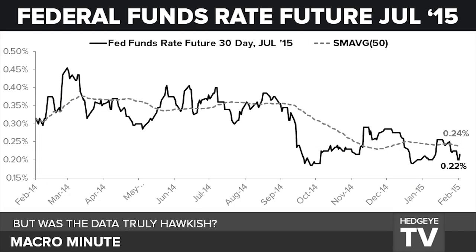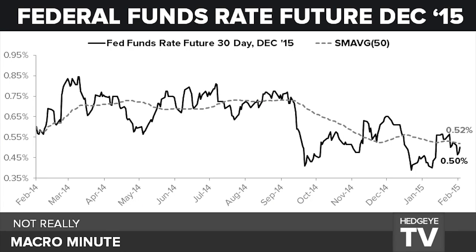If you look at the Fed funds rate curve, which we're showing in these following two charts, the June maturity and the December maturity, they hardly budge today. So you got the dollar signaling hawkish Fed, but if you look at the actual Fed funds rate futures curve, that's not saying that so much. And that tells us one of the reasons we think the dollar is up so much versus the euro today